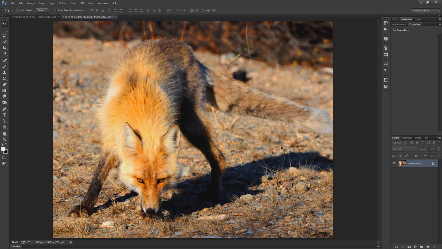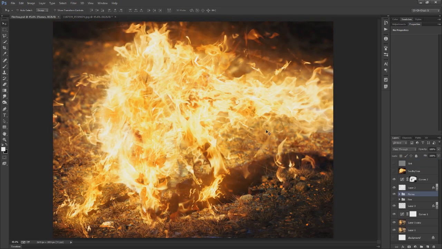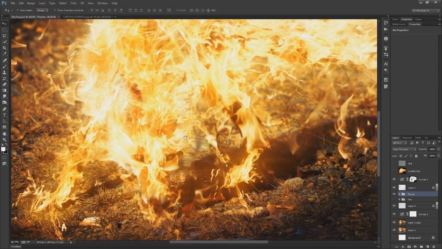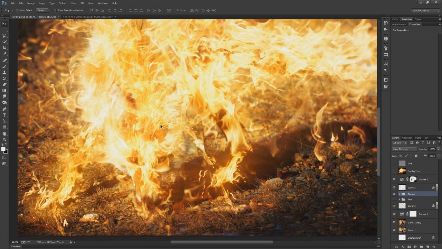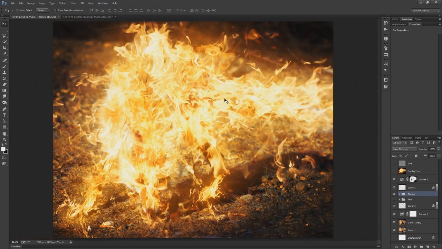So anyway, we're going to take this photo of a fox and turn it into a, drumroll please, a firefox. Alright, so that was really cheesy. But anyway guys, I'm going to be showing you how to create this firefox effect. It's just this fox, it's engulfed in flames, it's got all kinds of glowing epicness, and a lot of people on our fan creations group wanted to know how to create it, so here we go,